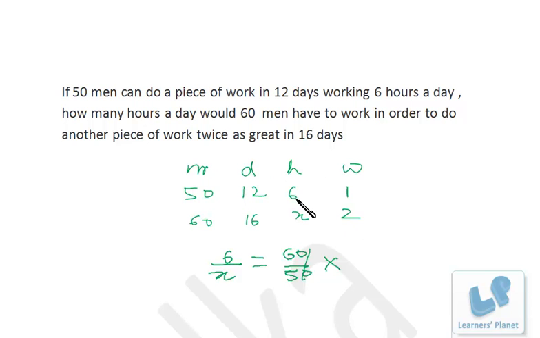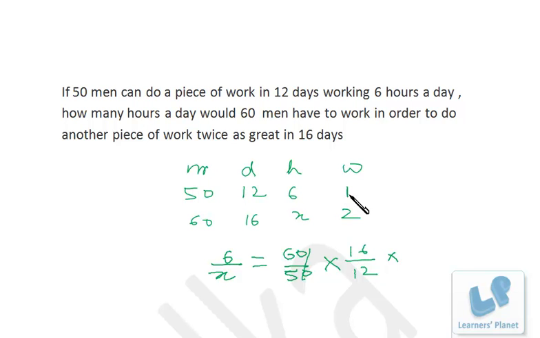So similarly, to do a fixed work, if days are increased, hours will be reduced, obviously. So hours and days, both of them are in inverse variation. So if it is 6 by x, it will be 16 by 12, right? Next is work and hours, right? Whatever is the unknown quantity, we will make the variation with that only, right?